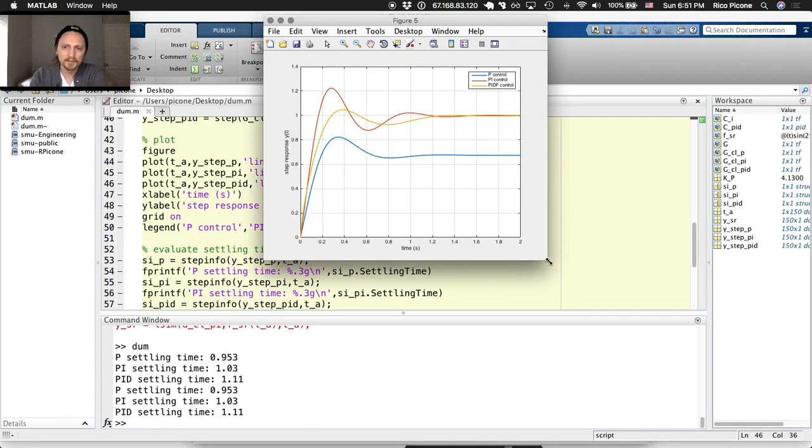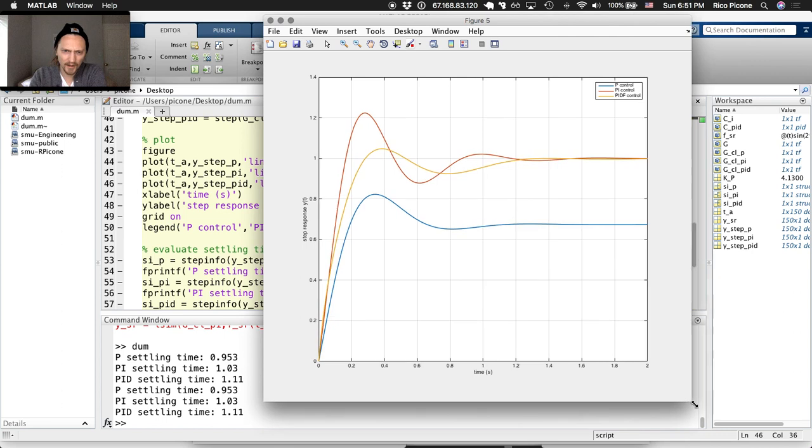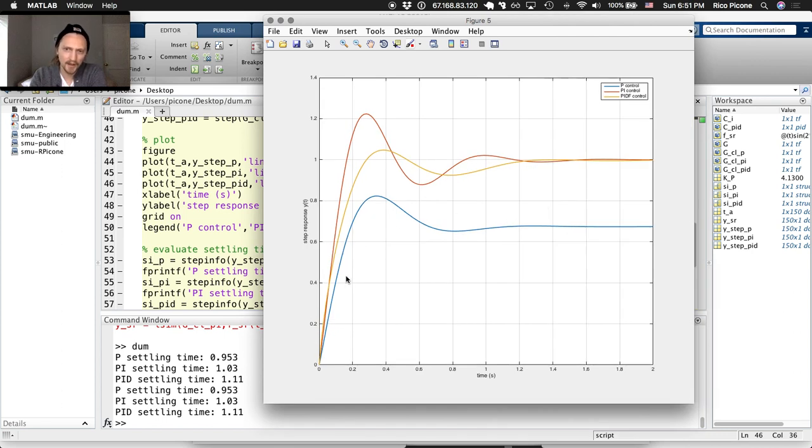So here we go. We have our step responses. Remember with the P control, we had this big steady state error. The PI control, we got rid of that steady state error, and our performance was pretty good. We increased the gain, so more control effort to make this happen, but it looks good too. Our PIDF controller, it has a pretty nice